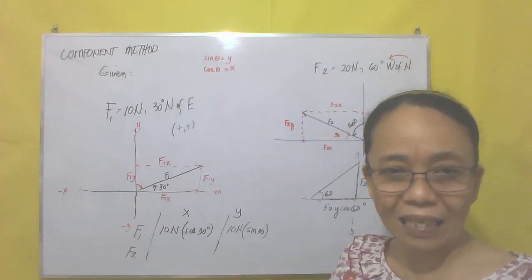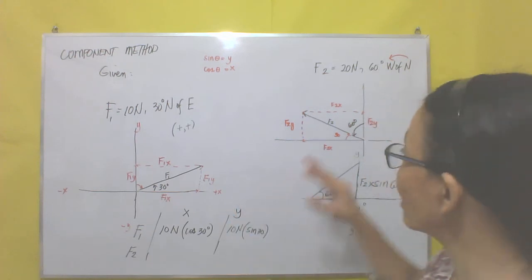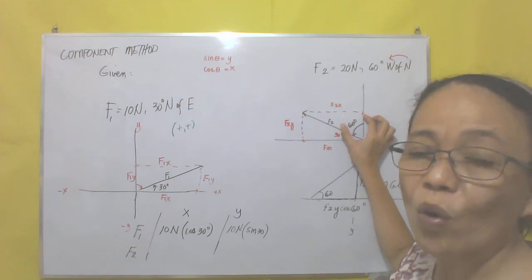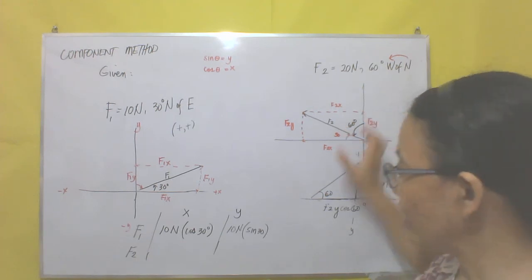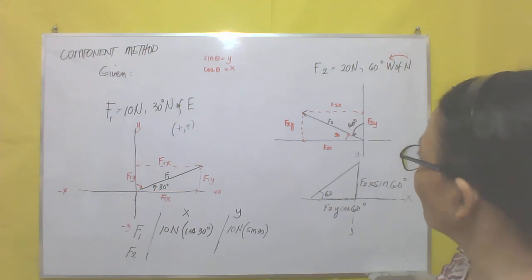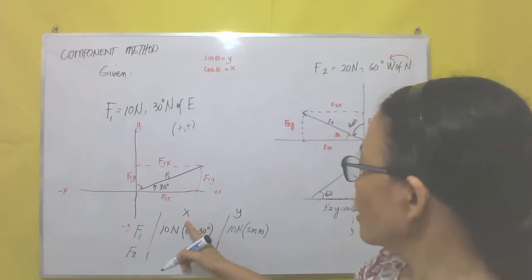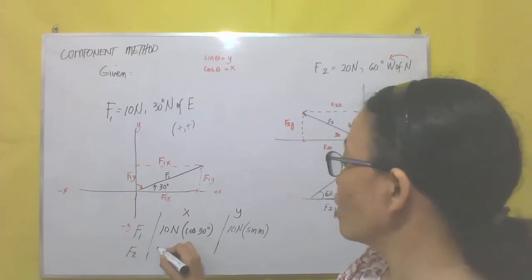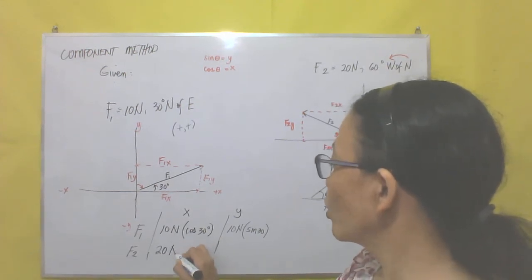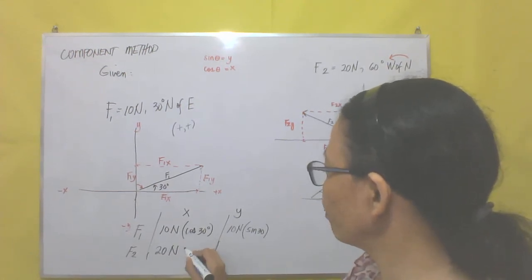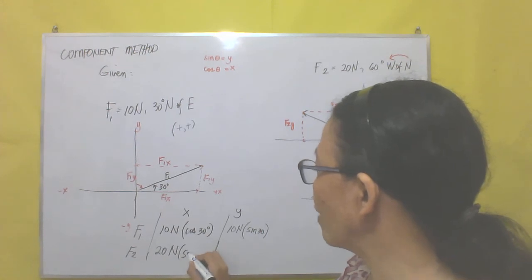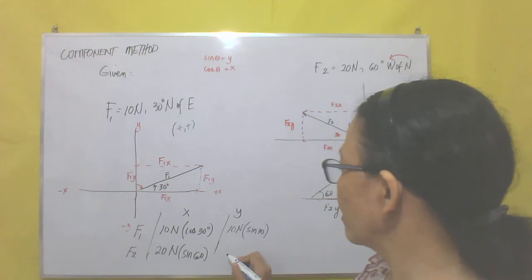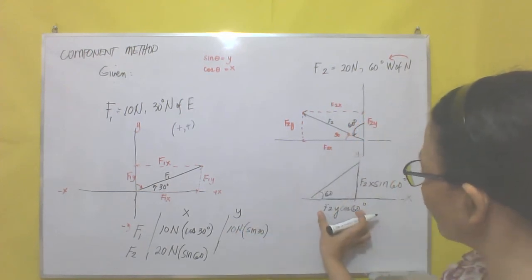It is reversed because you are using the reference angle with respect to the y-axis. So if we're going to use this 60, the x component of F2 is 20 newtons multiplied by sine 60. Then the y component,